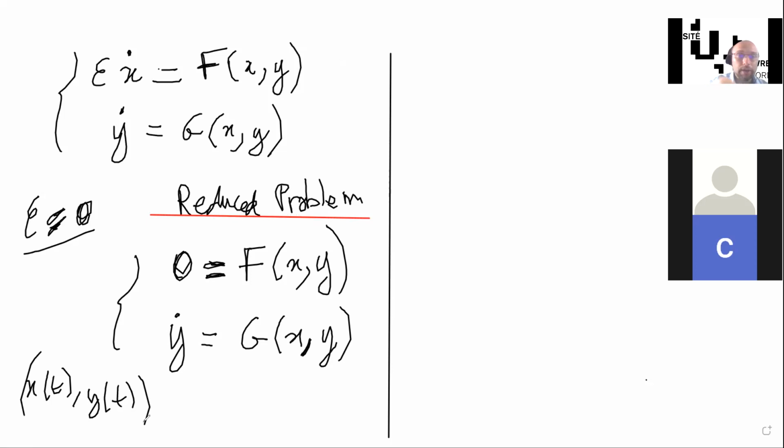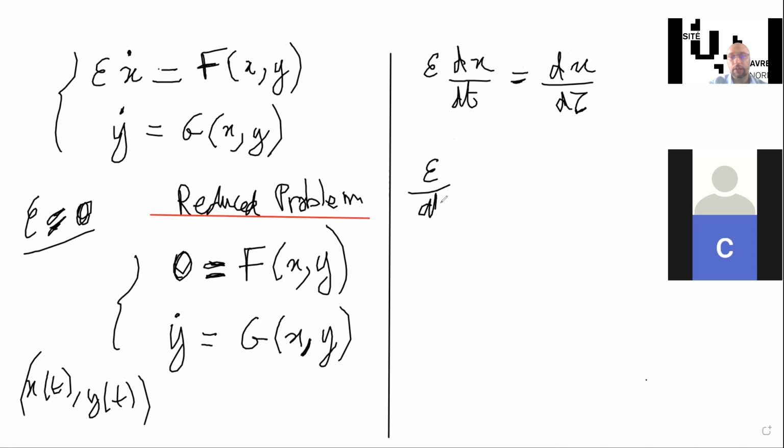You know, so I can write epsilon dx dt. I'm going to say that epsilon dx over dt equals dx d tau, right? Which means that formally epsilon dt over dt equals 1 over d tau,